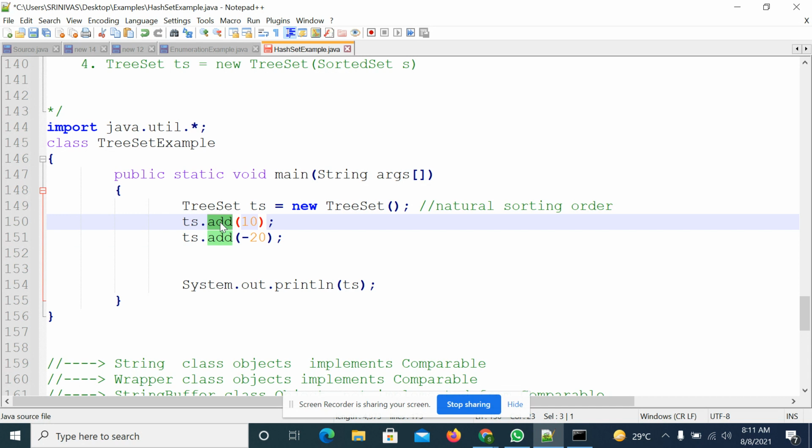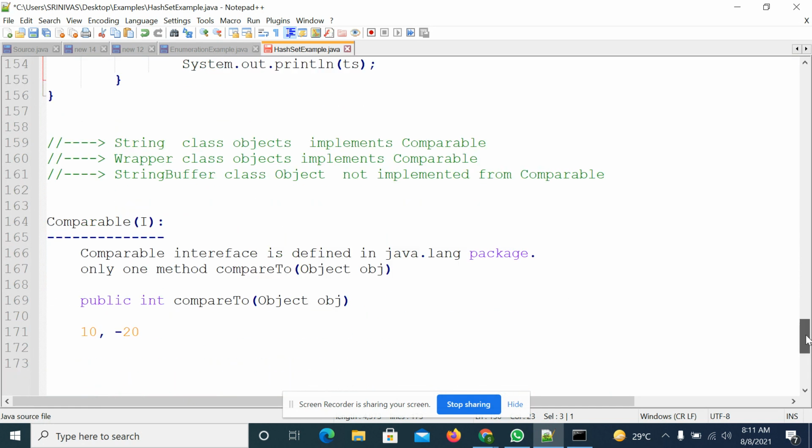Whenever you are calling this add method, internally it will try to call the compareTo method. The JVM will call the compareTo method, and it will apply it on top of those objects. First it will verify if it is an empty TreeSet; then the element will be added directly. Empty TreeSet means it does not have any elements, so the first element will be added directly.